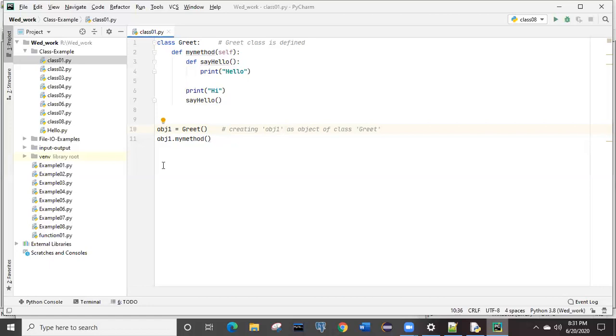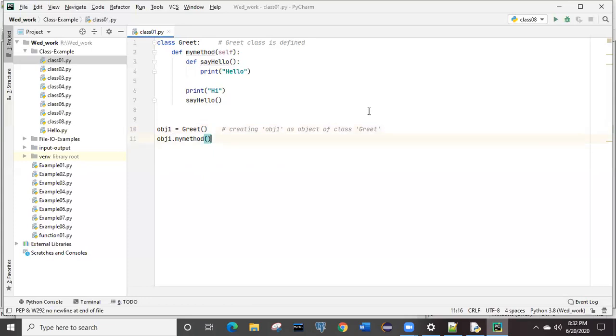Now suppose greet is a class over here, and we are already having one object that is known as obj1, right? By making use of that object, I can call any method which is present inside that class. Correct? So this is how we are going to call: object dot.